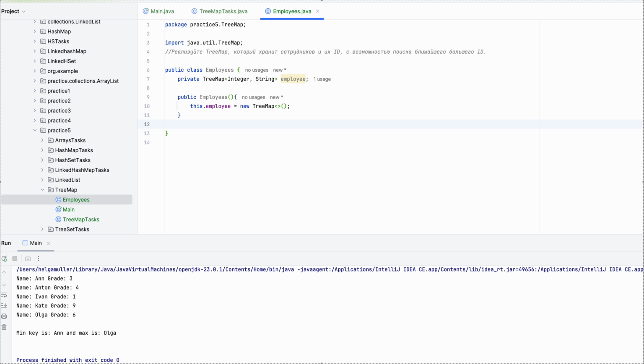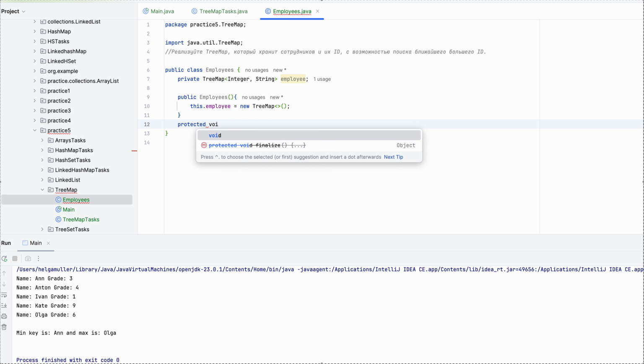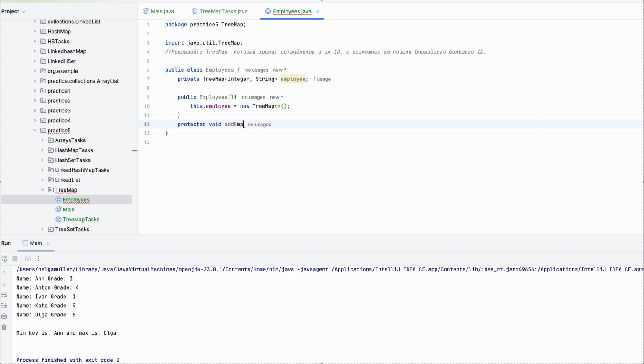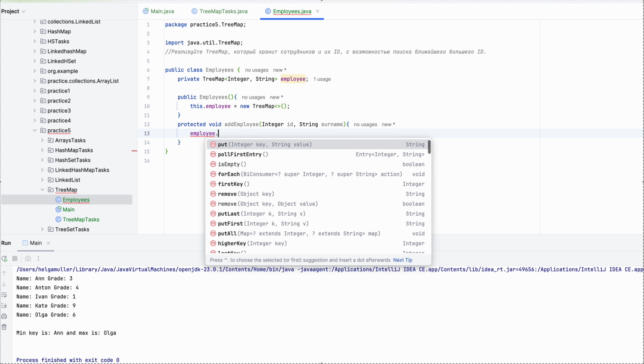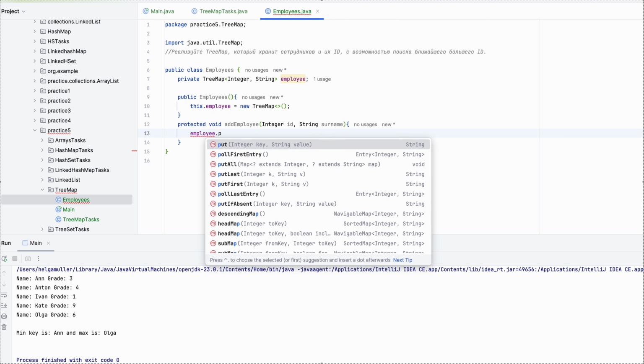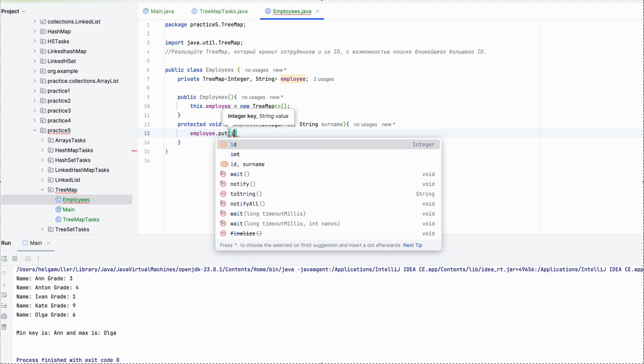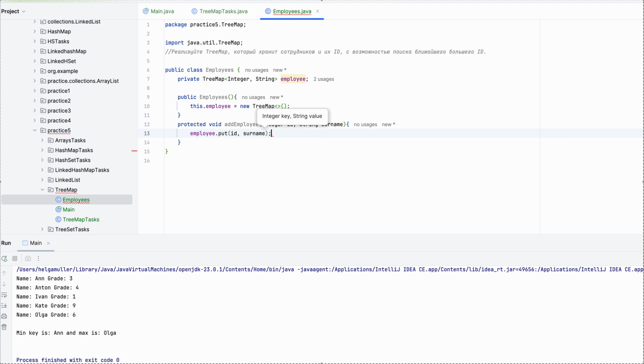And let's add method for adding, protected void add employee, and integer ID and string surname, and employee put ID and surname. Okay, and again we need